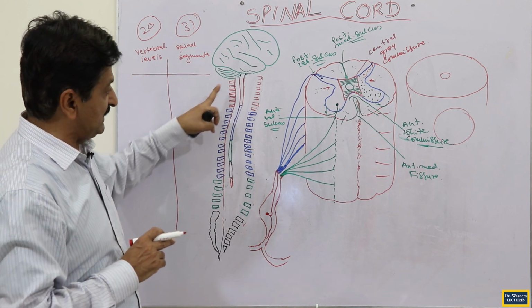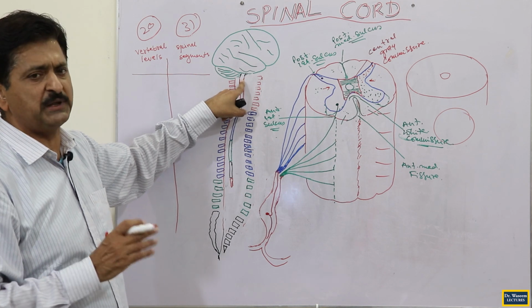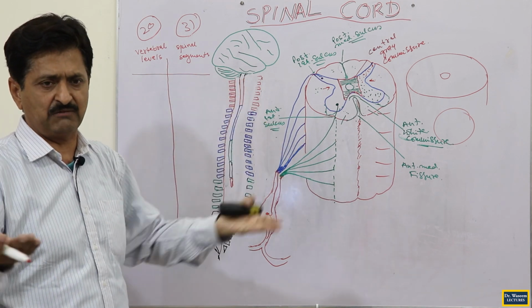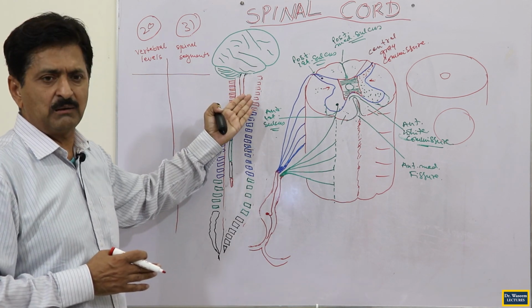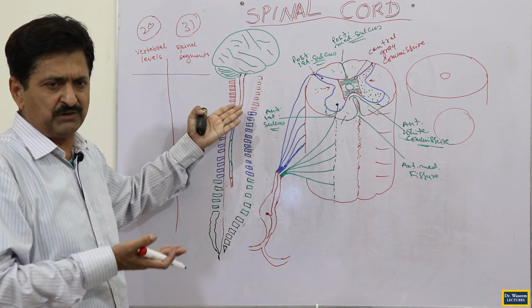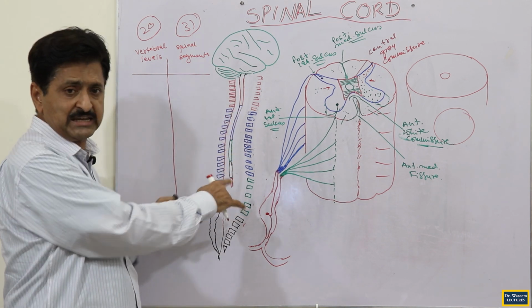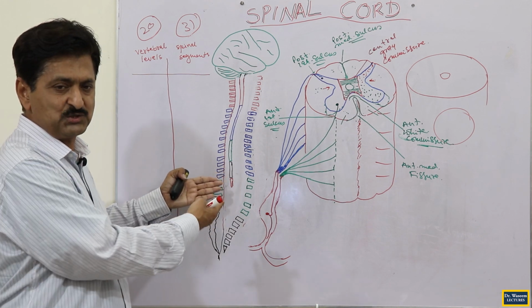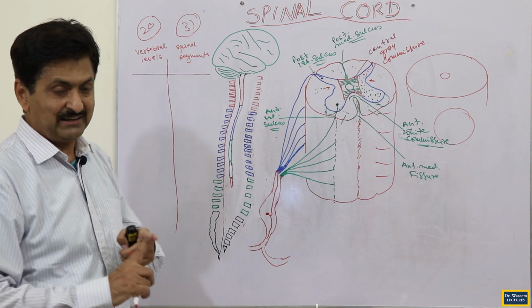Because here you will see that they don't correspond. Why? Because initially you can say the cervical segments of the spinal cord are lying within the cervical vertebrae. True. The remaining cervical spinal segments lie within the cervical vertebrae. This is true. But by the time you come down here, you see the conus medullaris, where there are sacral segments. The spinal cord is lying at L1. It means numerically it doesn't correspond.